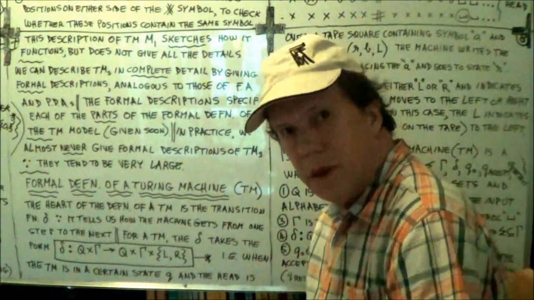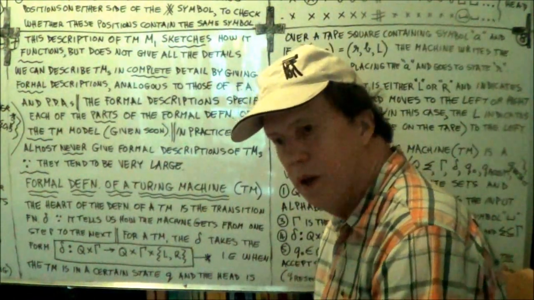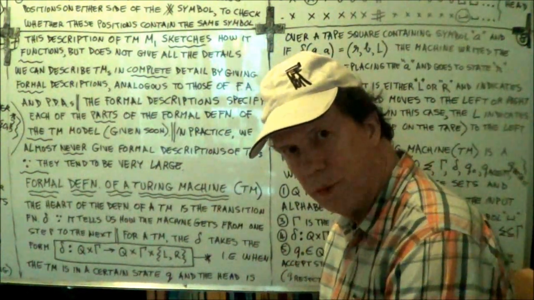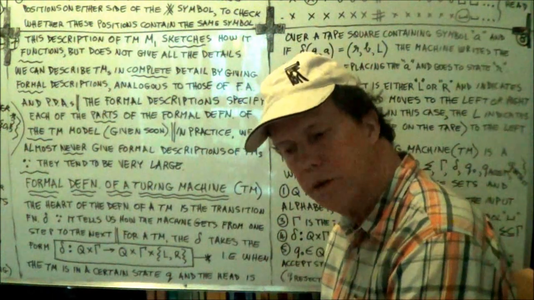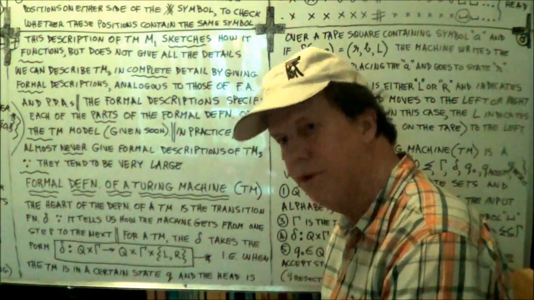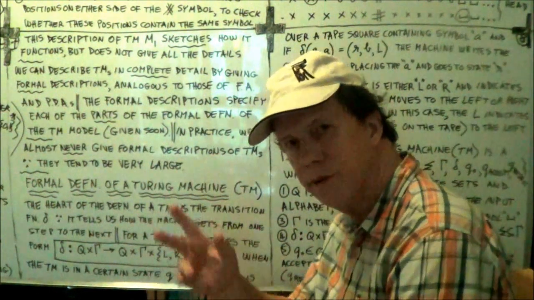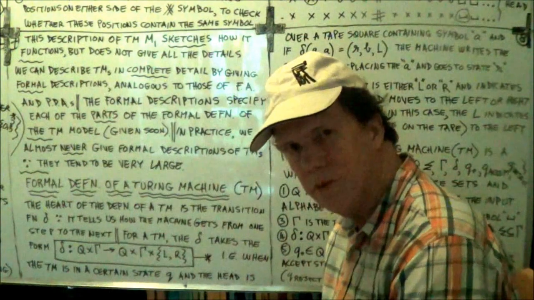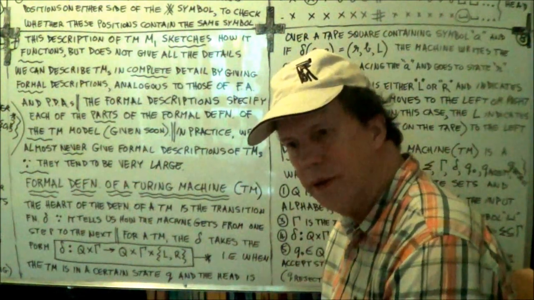Now in this session we start on the formal definition of a Turing machine. Now we've done this kind of thing before. We did it with a formal definition of the finite automaton. So we had some kind of tuple. I think the finite automaton was a 5-tuple. And then